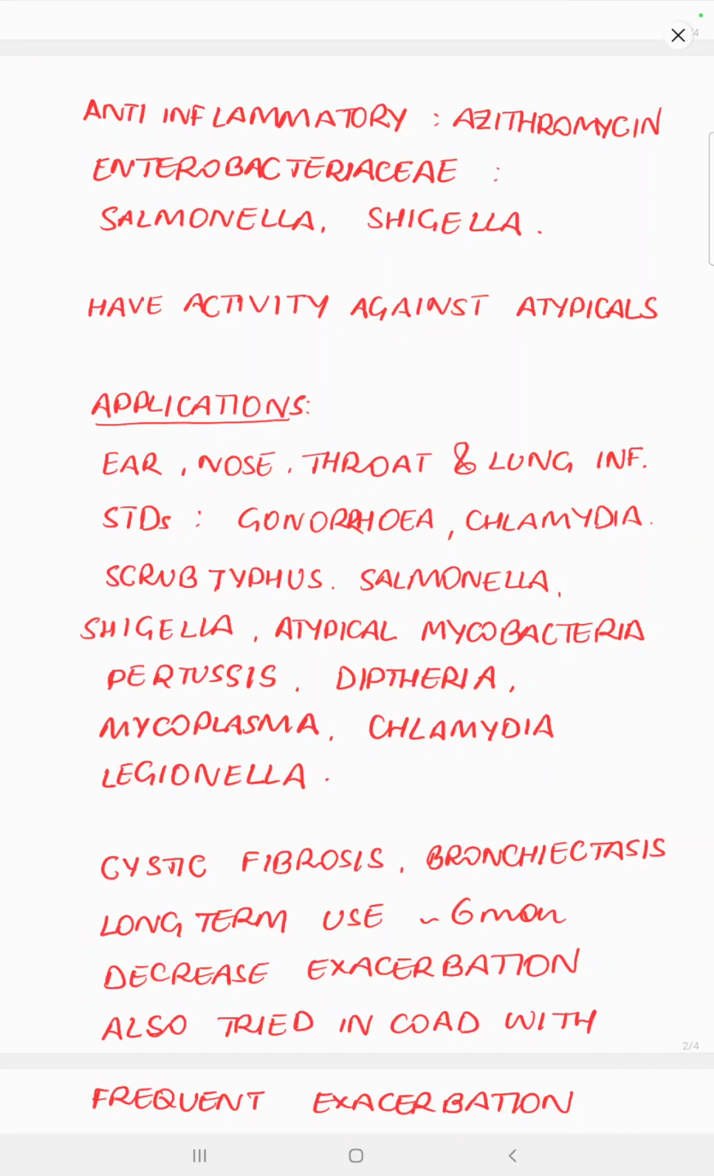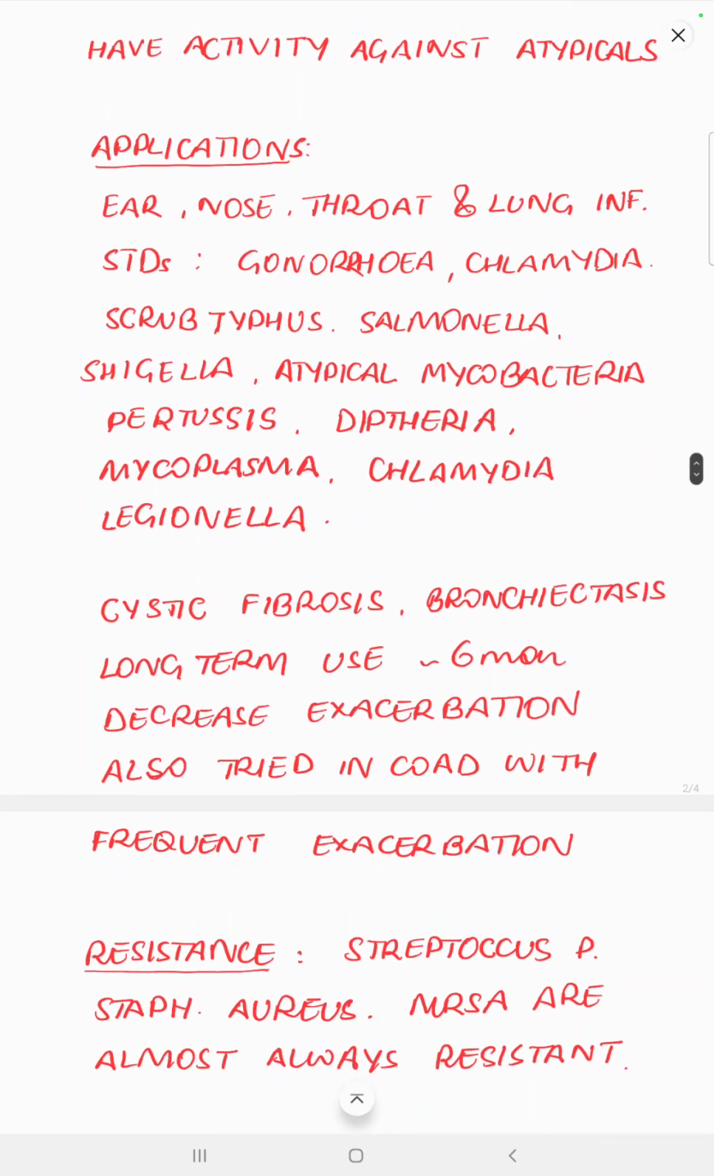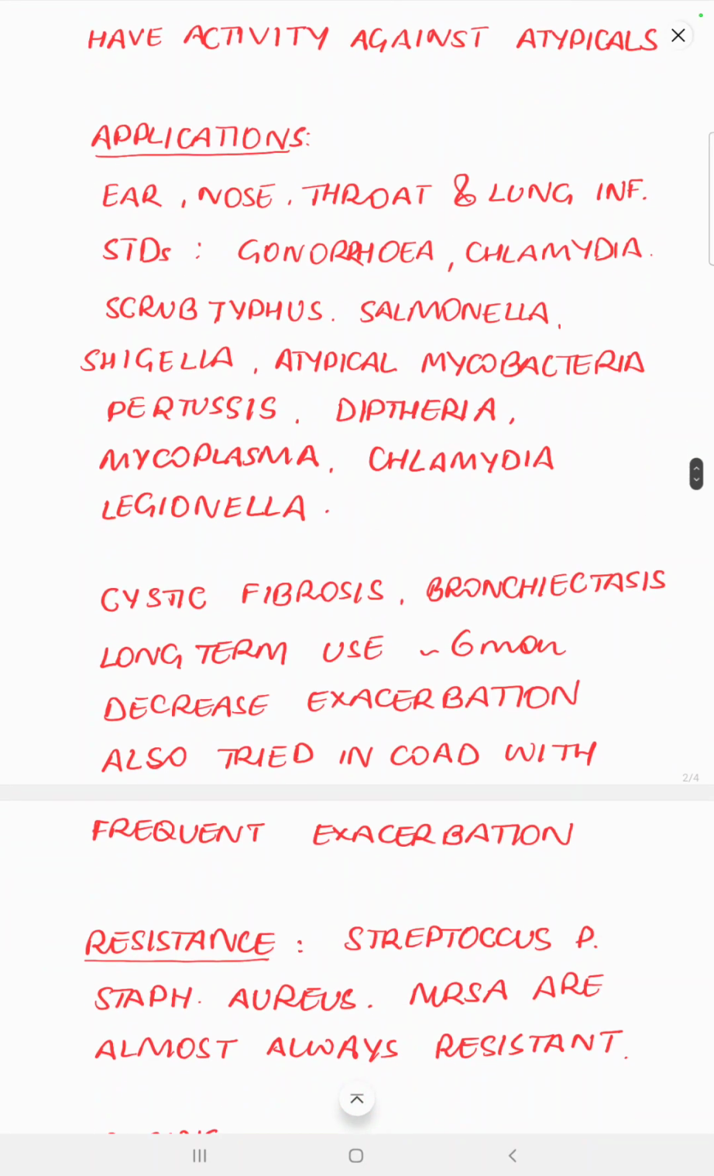Now, when we use the macrolides in atypical pneumonia, generally they are part of a combination therapy. At least in severe community-acquired pneumonia, they will not be monotherapy, and the idea here is to use them to cover the atypicals. In cystic fibrosis-related bronchiectasis or bronchiectasis unrelated to cystic fibrosis, azithromycin has been used as an anti-inflammatory